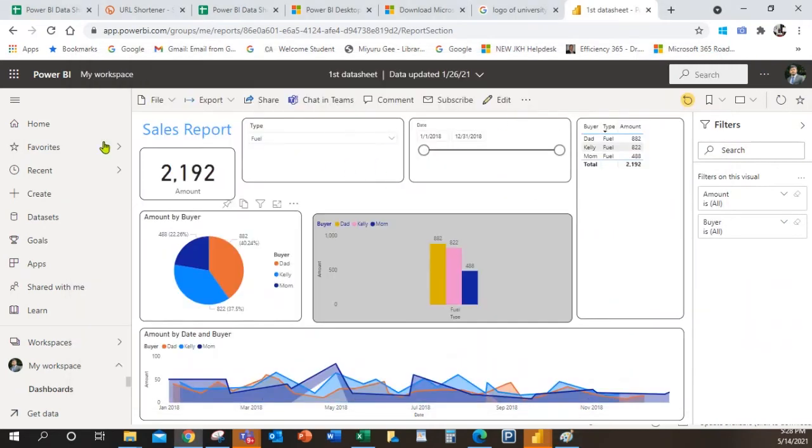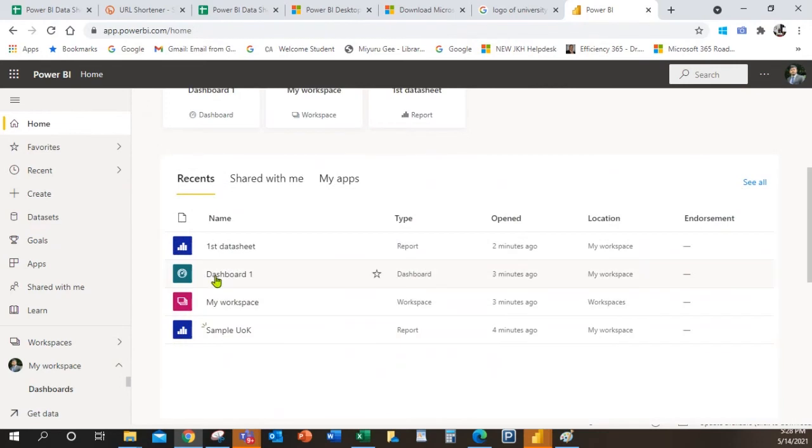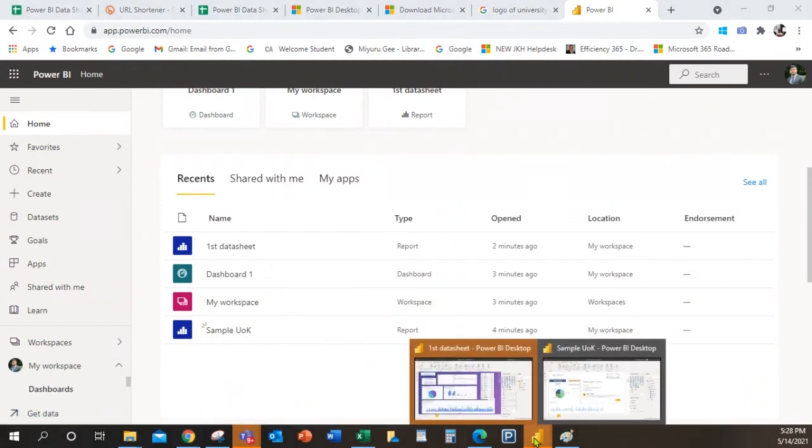Now I am moving to my home page. Here you can see datasets, dashboards, and reports. This is the dataset which I already published. Let me check the name.